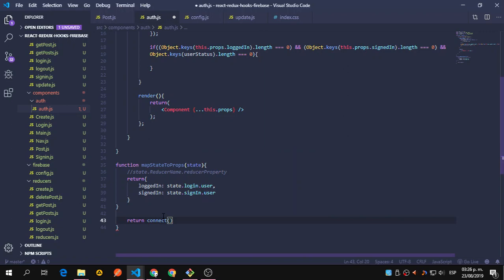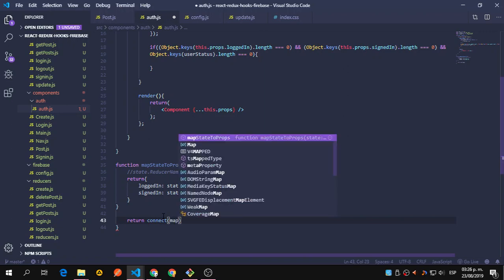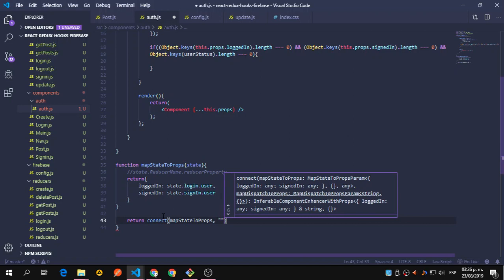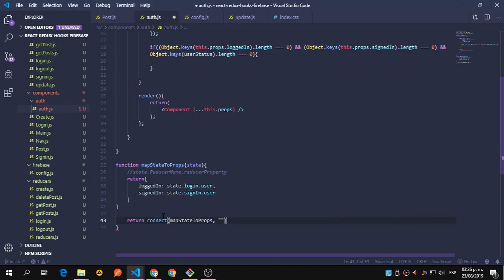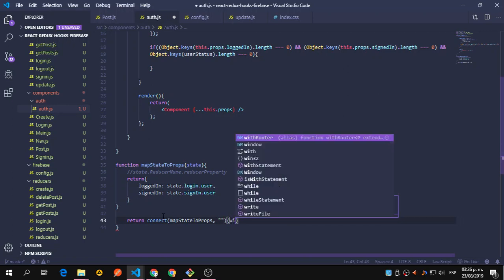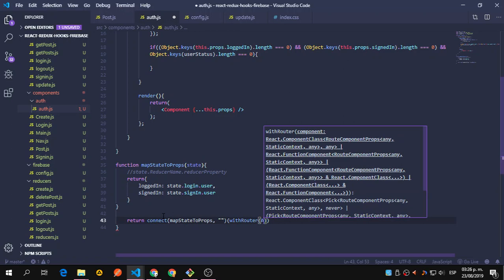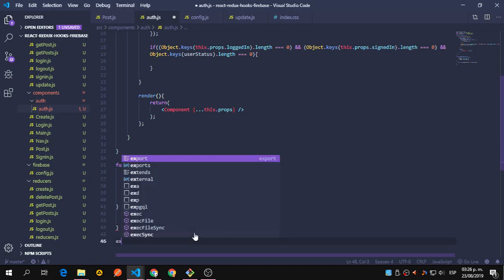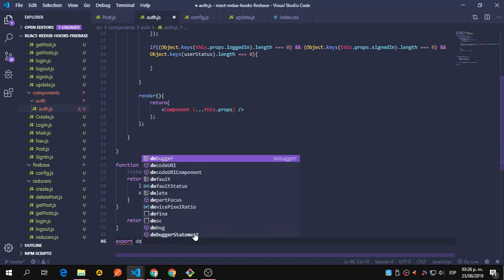We're going to connect mapStateToProps. Here we're going to pass an empty string, and we're going to export this withRouter. I want to wrap this class. Okay, and now export default